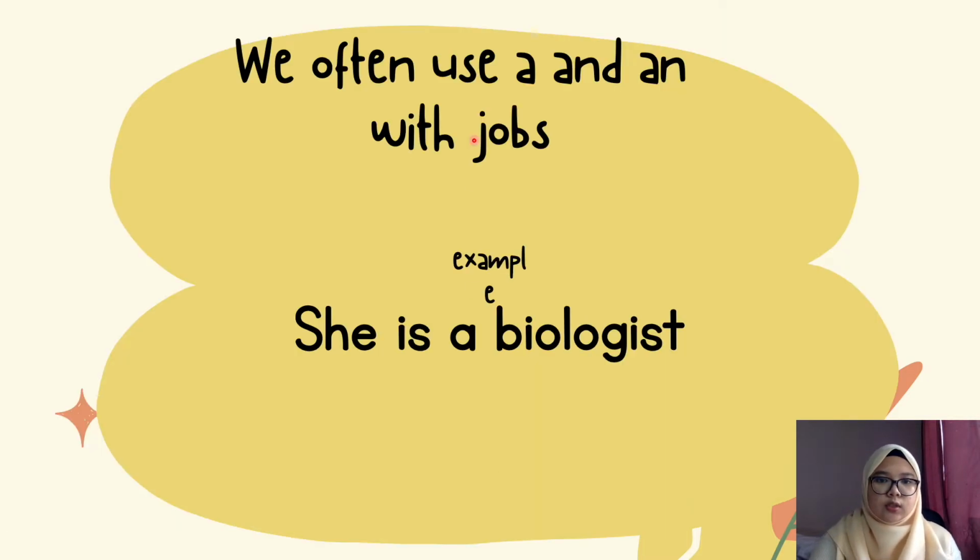We often use a and an with jobs. As an example, she is a biologist. She's a biologist, she's a scientist. Earlier, we discussed a picture and we named it a scientist. So she's a biologist, she's a scientist, he's a doctor, he's a pilot. Okay, this is how we use a and an. And then we have